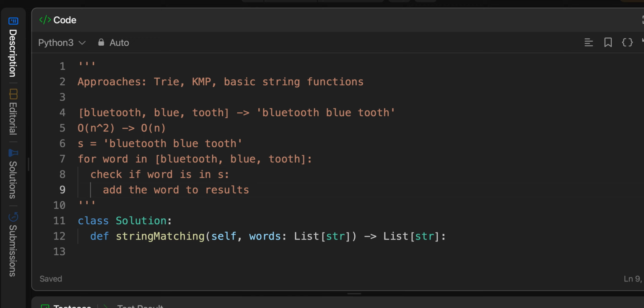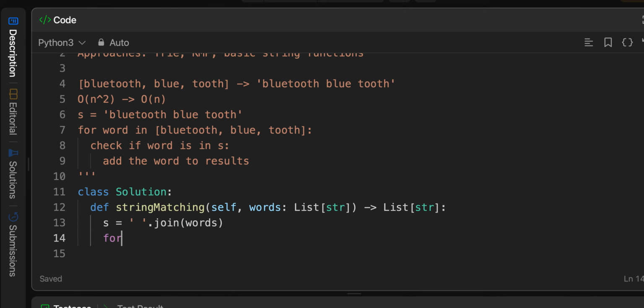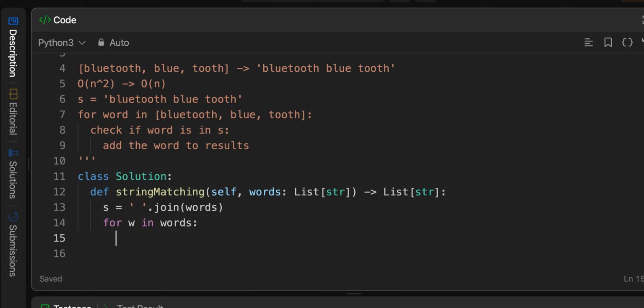Okay, let's just run through it. So let's make our new string. Our string will be, we'll call it S, and we'll join on a space. So join words. Okay, so this is that. And now we'll perform a loop. I'm going to say for w in words, and we're going to check if, so Python has a, well, we're going to say S dot